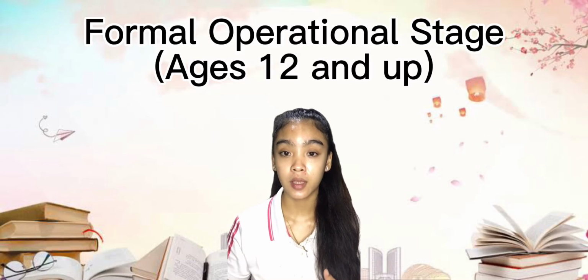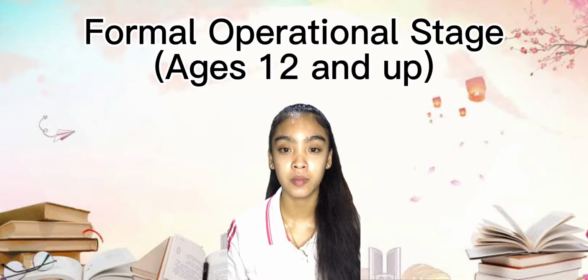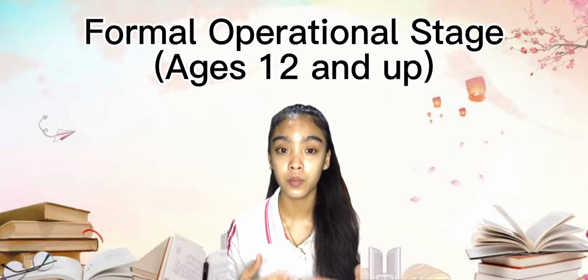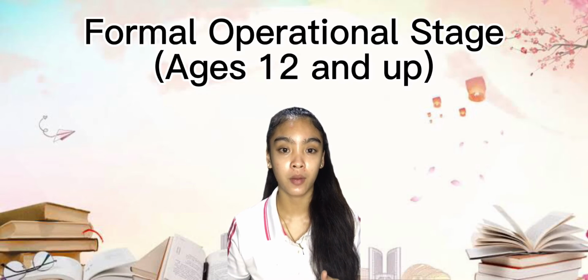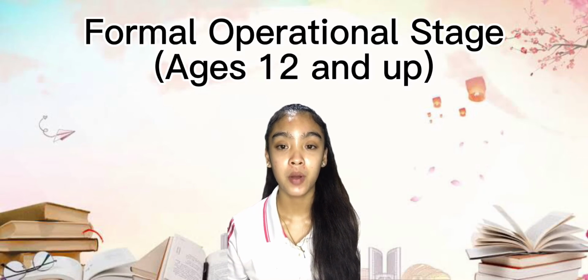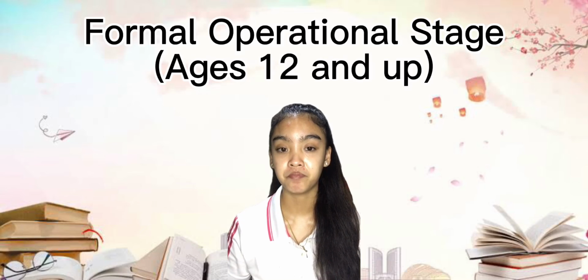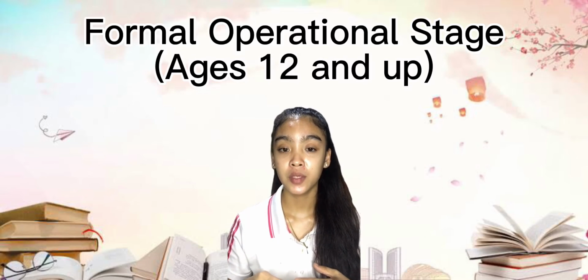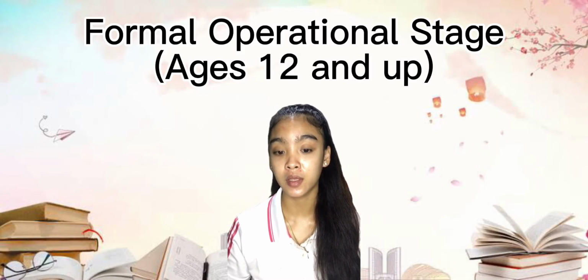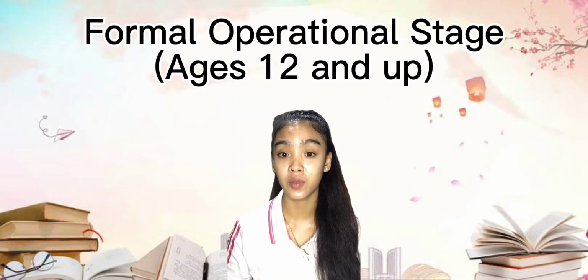At this point, adolescents and young adults become capable of seeing multiple potential solutions to problems and think more scientifically about the world around them. This is ages 12 and up, so adolescents. And the major characteristics and developmental changes during this time are: they begin to think abstractly and reason about